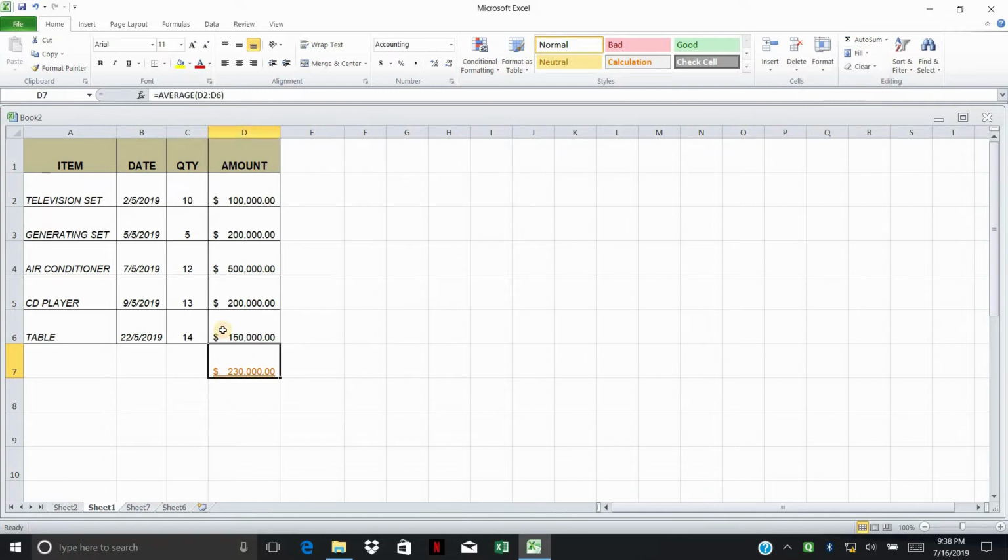For instance, you have plenty of numbers right here. Instead of counting one by one, you can put your cursor right here and click on count numbers. You press enter key. We have 5 numbers of items right here, 5 numbers of transactions, 1, 2, 3, 4, 5. Now the next one is